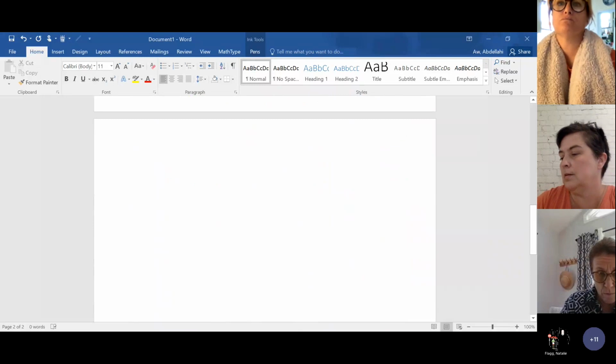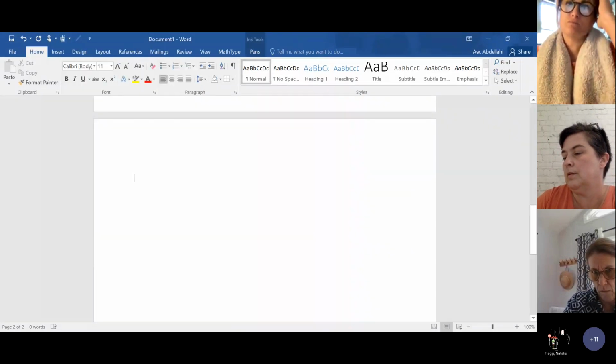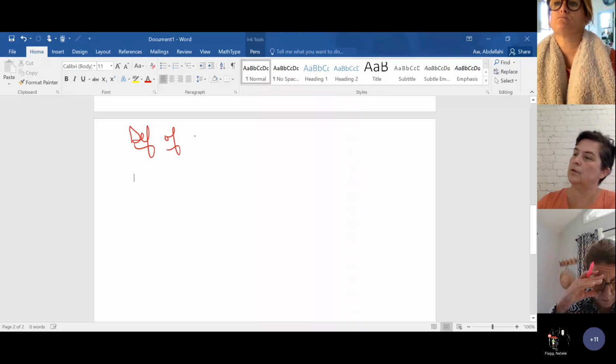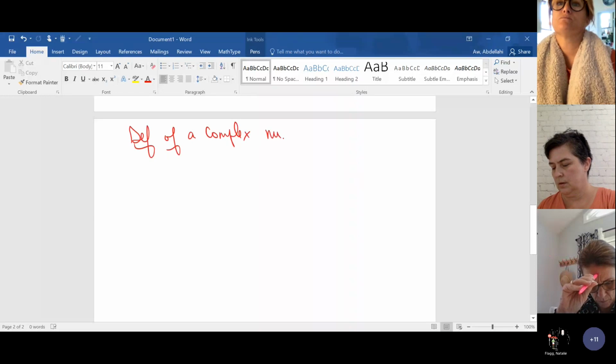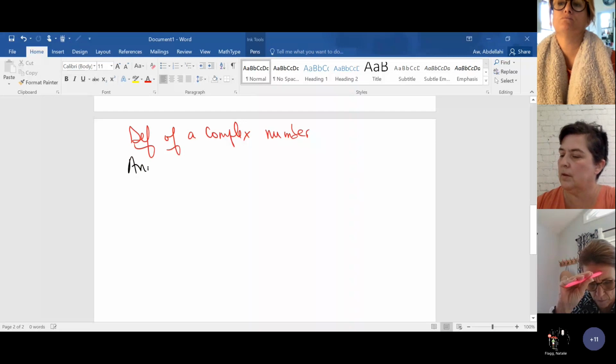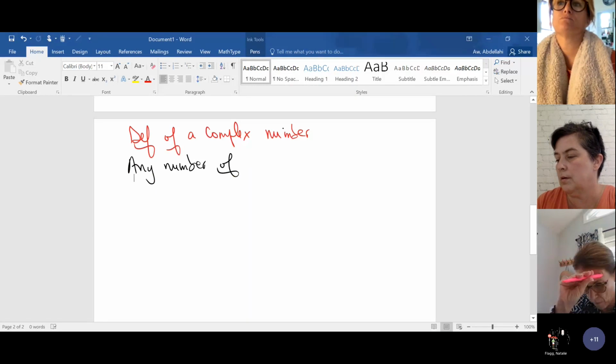Okay, so definition of a complex number. A complex number is any number of the form